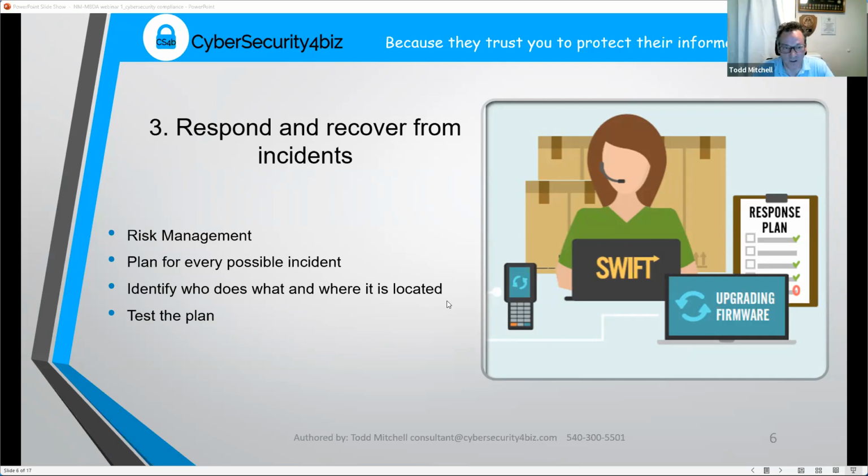COVID was a perfect example. I don't think anybody's incident response plan in 2019 and before ever addressed what if the government tells us to shut our business and go home. And now I think most businesses probably have that plan in place of what if this happens again. But what if there's a hurricane? What if there's a tornado? What if there's a fire that burns a building down? You have all these great backups, but the backup hard drives are sitting on the same desk as your computer. So if your office catches on fire, you just lost all your data anyways. So these are all things to think about of what are you going to do if these things happen?